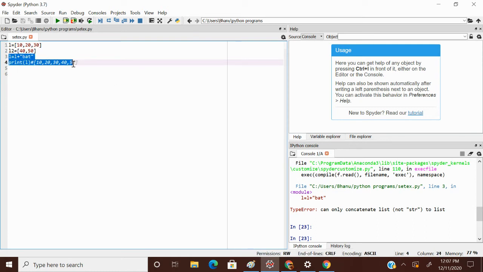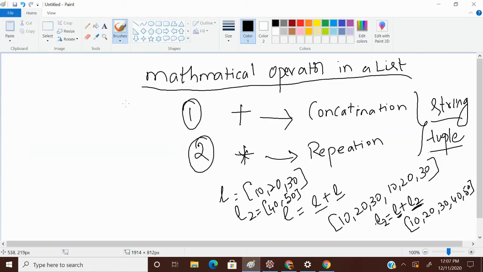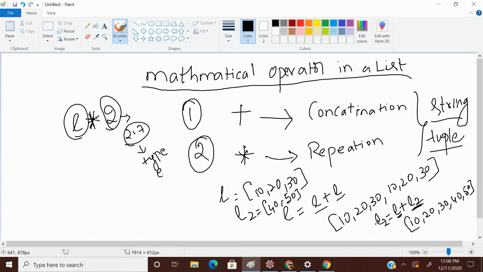Let's go and see the repetition operator. For the repetition operator, one should be of list type and another one should be of integer type.